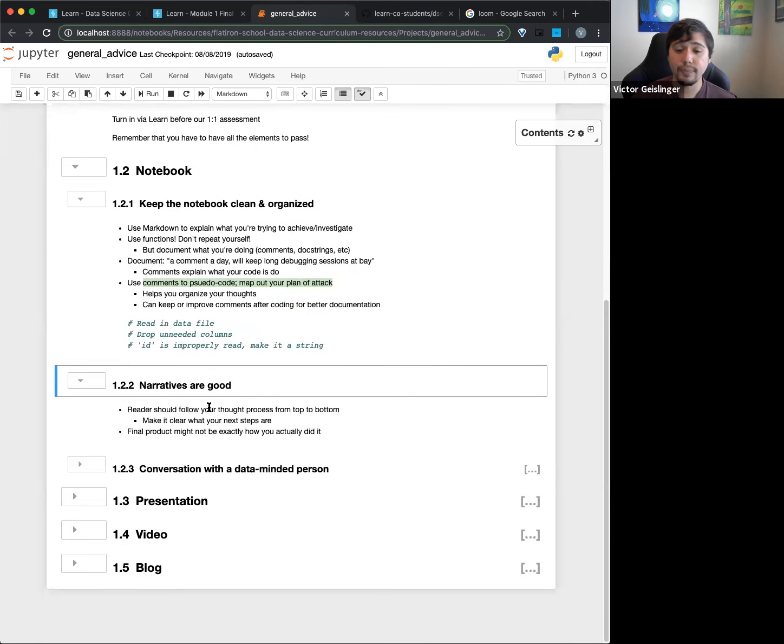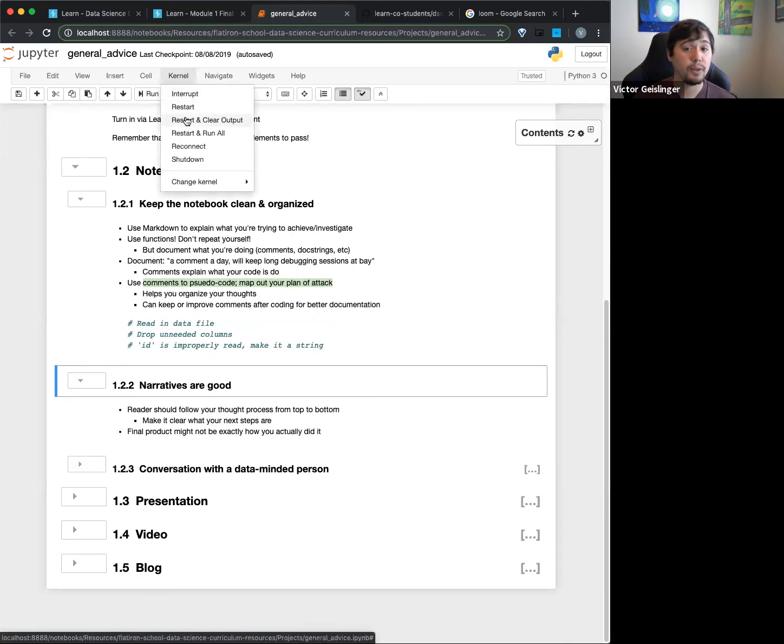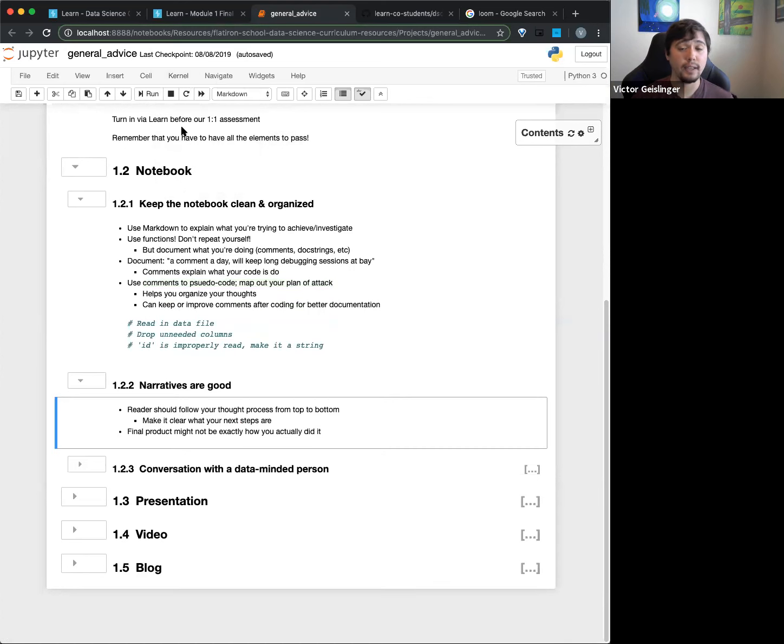And talking about top down, one thing I like to do is a kernel restart, right up here, and then clear output. Then I'll run each part all the way down periodically. About every 30 minutes, maybe an hour at the most, I'll stop myself and double check with a kernel restart, clear output, and run each cell top to bottom. Because if I ran a couple cells back and forth, since you can run Python going back and forth, back and forth,